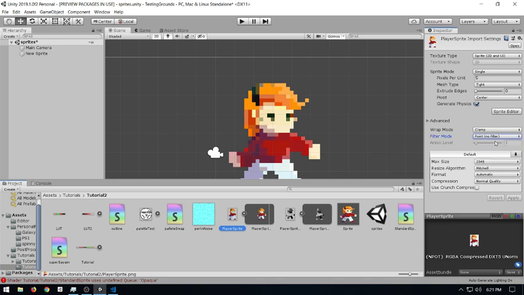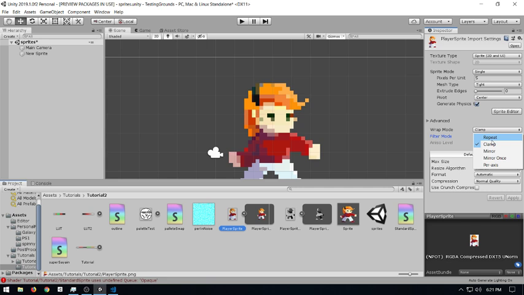What this means is that it's not going to try and apply some kind of blur or filter to it in order to make it more performant for 3D. Generally, if you're doing a 3D game, you do want to use bilinear or even trilinear filter modes. However, for sprites, because we want them to be sharp and crisp, you should always use point, as this will get you 1-to-1. And for the wrap mode, I generally put my wrap mode on repeat, but it actually doesn't really matter unless you're moving the UVs, which we'll see later probably.